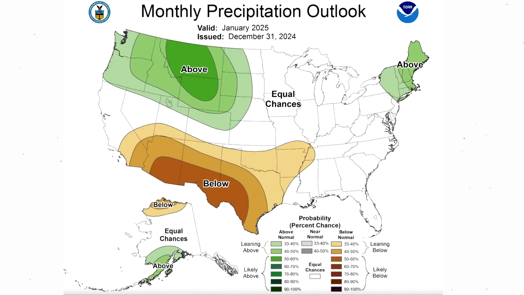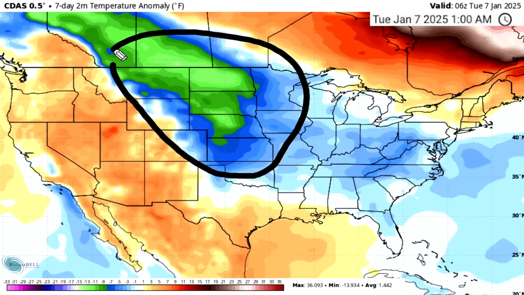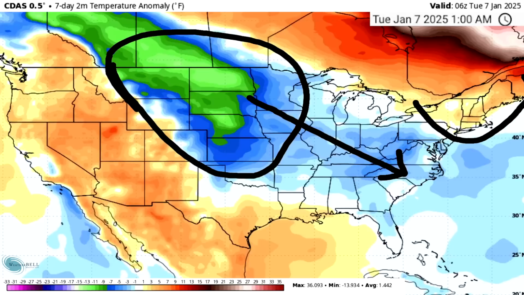Now, when we look at how the past 7 days have gone, this is the full first 7 days of January. You could see some of the coldest areas have been the northern plains, northern Rockies, upper Midwest here, but a lot of this has trickled into the southeast, mid-Atlantic, and we've seen a lot of the northeast be warmer. So again, pretty close to their outlook actually for the month, and really coincide.